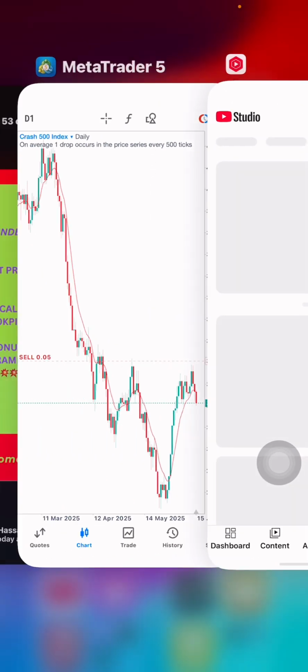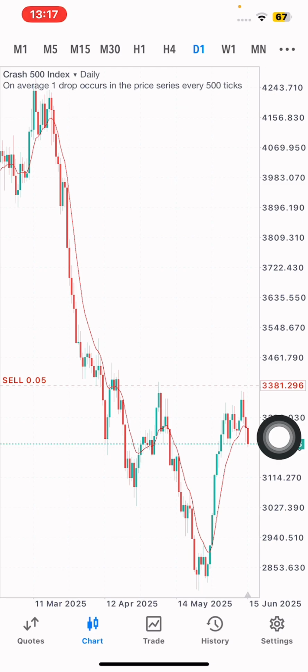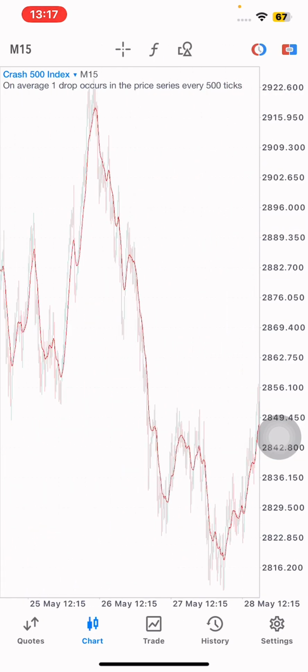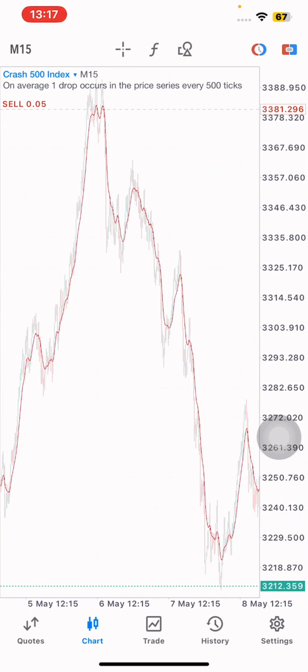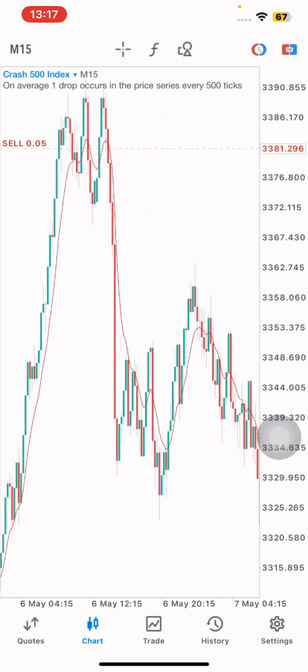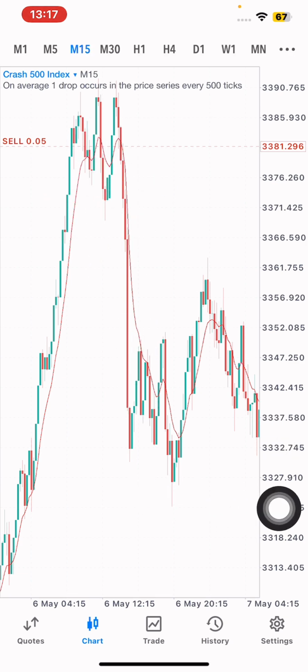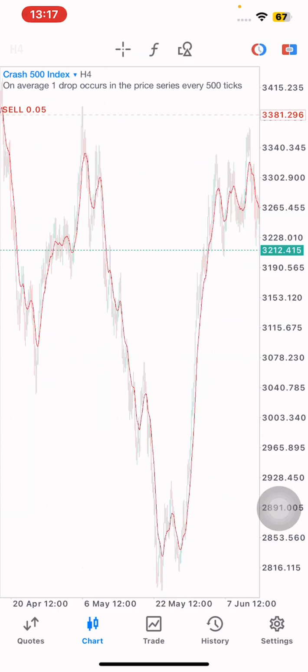So after understanding the main concept behind the strategy, I was able to have a single trade running even from the 15-minute time frame. That's why I got my entry confirmation here using the 0.05 lot size. You can see this is where I got my confirmed entry. This is where I took my trade. And mind you, now this trade is running in a very good profit that I don't even want to close.